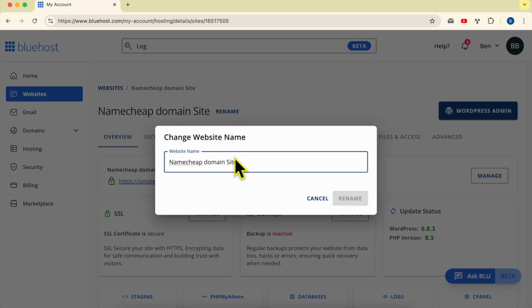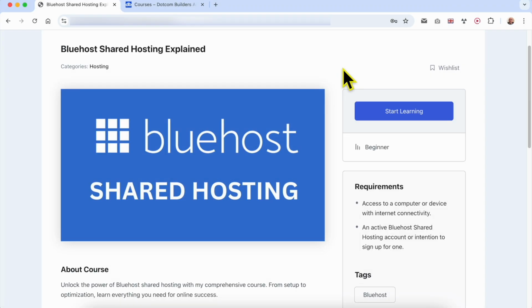Click on it, and now let's call it, for example,